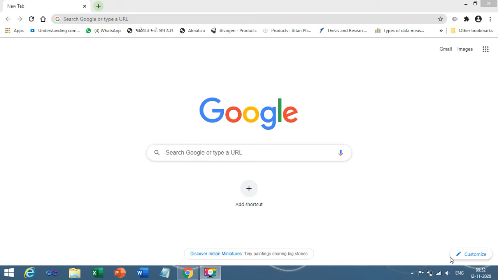topics, which are the sitemap generator and robots.txt. You need to perform these two practicals either in the lab or at your home, if you have a good internet connection speed, because it requires a high speed internet. Only then are you able to perform the practicals based on the sitemap generator as well as the robots.txt file. Now let us start with the sitemap generator.